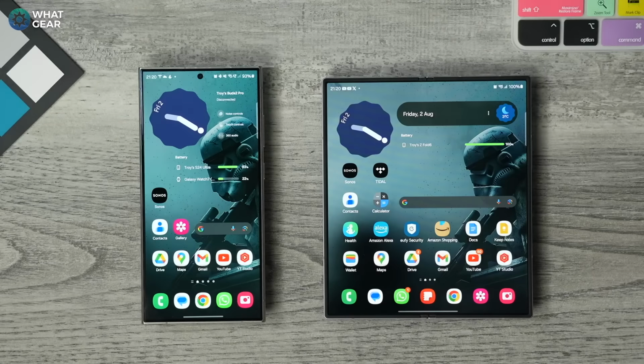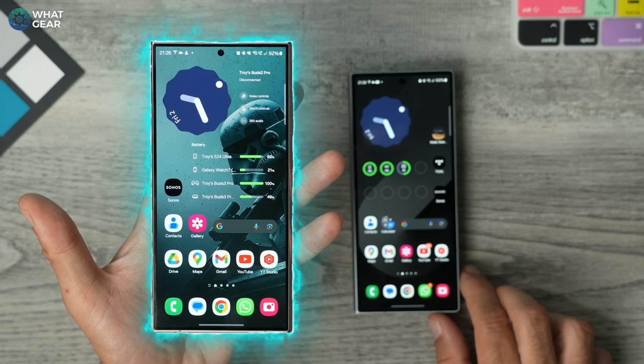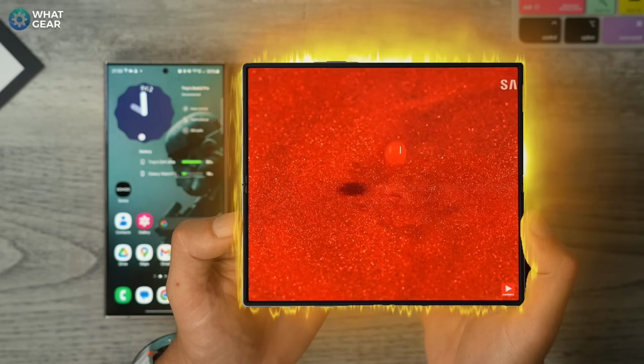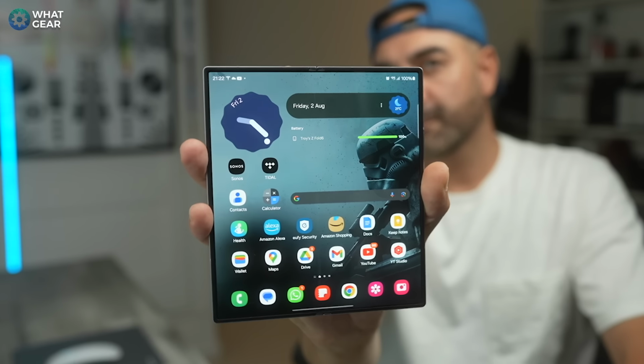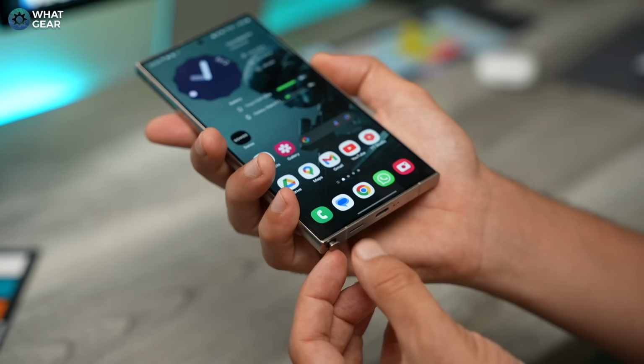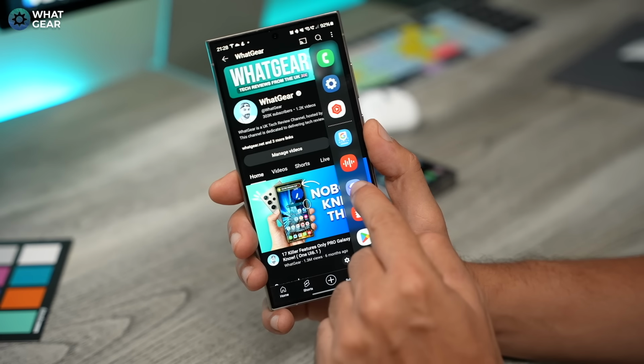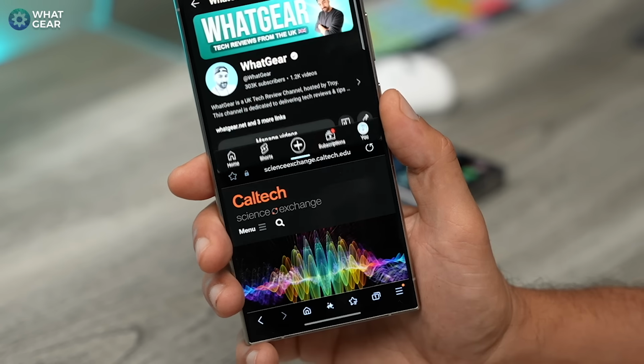So you have a decision to make, and it's a tough one. I'm making this video to help you decide whether the Galaxy S24 Ultra or the Z Fold 6 is the better phone for you personally. Both phones have very distinct advantages in different areas, and it depends on how much weight these differences carry in your mind. So before you go ahead and burn your bank account to the ground like I did,